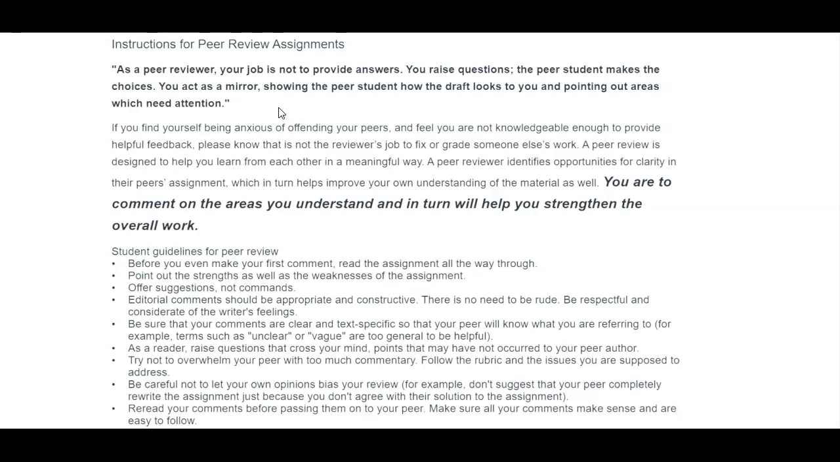need attention. If you find yourself being anxious of offending your peers and you feel you are not knowledgeable enough to provide helpful feedback, please know that it is not the reviewer's job to fix or grade someone else's work. A peer review is designed to help you learn from each other in a meaningful way. A peer reviewer identifies opportunities for clarity in their peer's assignment, which in turn helps improve your own understanding of the material as well. You are to comment on the areas you understand, and in turn will help you strengthen